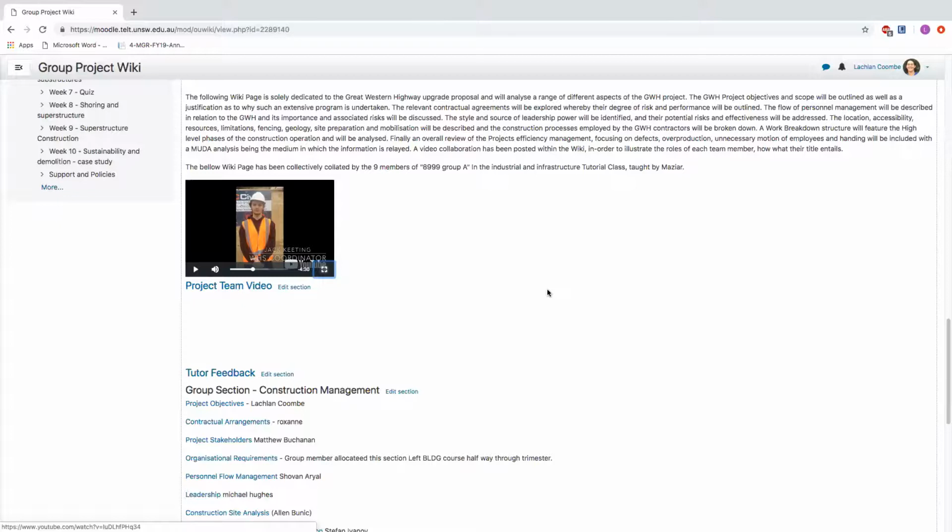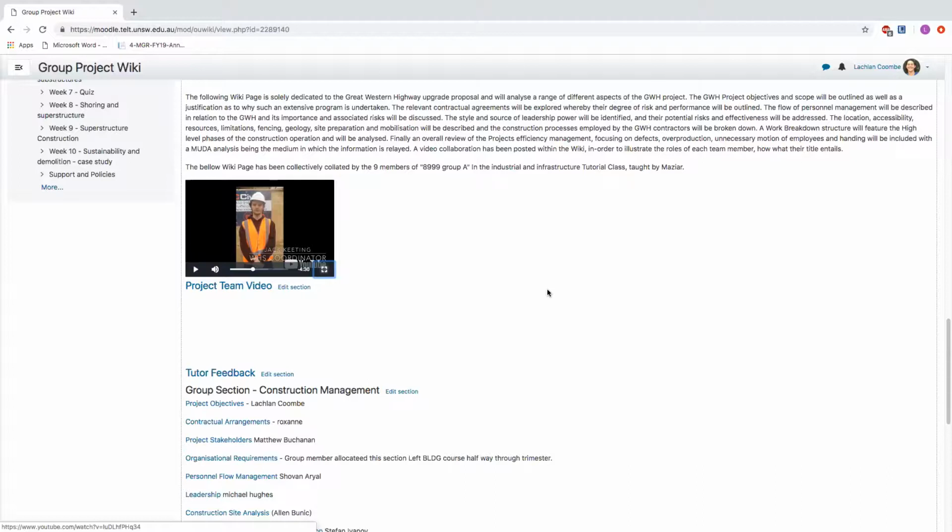And really key for this group assignment, a big part of this assignment, is to test your teamwork skills. A university degree that didn't get you involved with group assignments isn't preparing you for the real world, because these projects aren't done single-handedly. So a big component of this assignment is trying to prove that you can pull off working with a group of 10. And 10 is pretty massive for a university assignment, but it's tiny compared to large-scale construction. So it's good to prove that everyone was committed and everyone was involved with it.